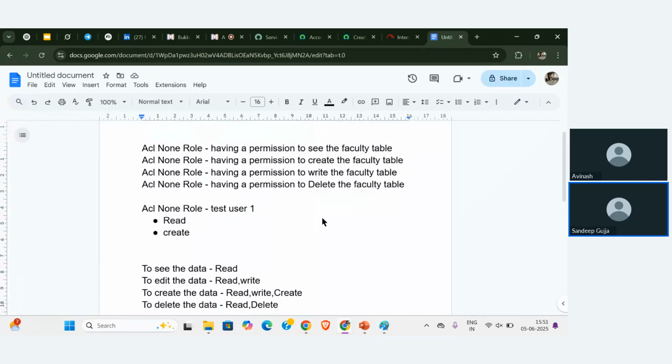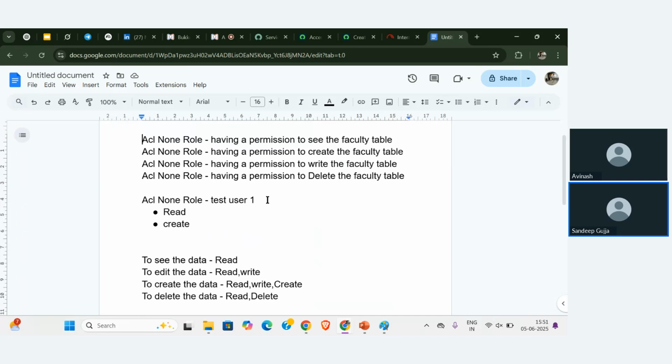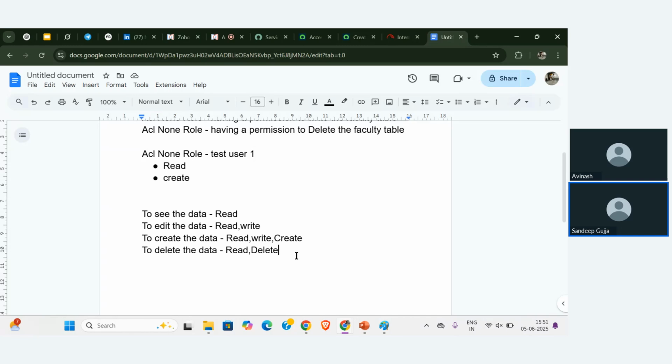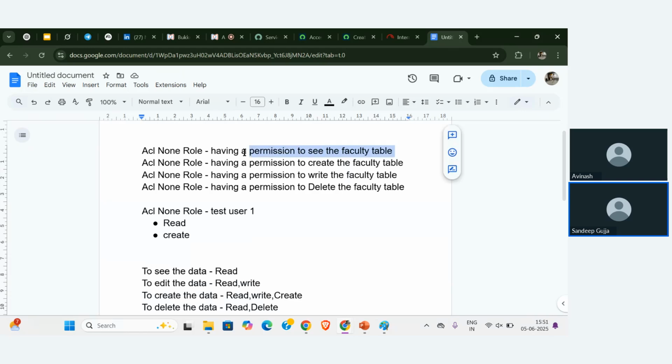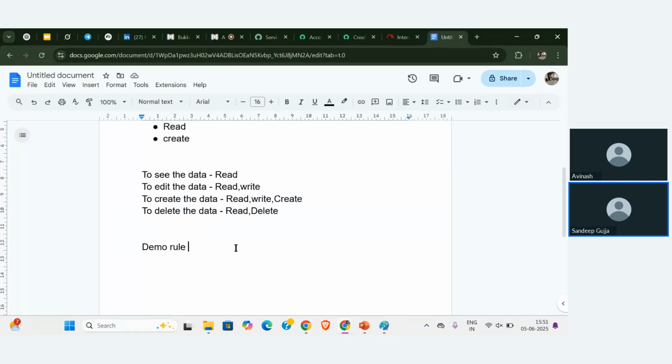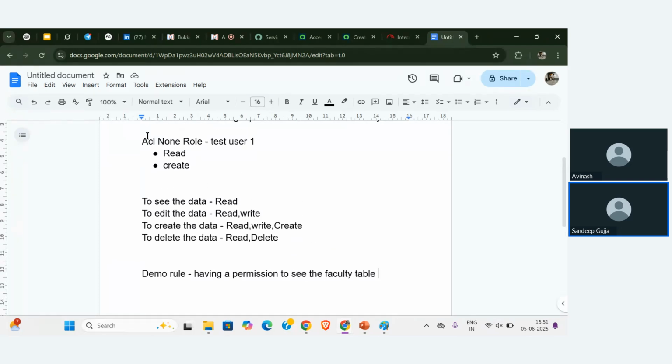Coming to yesterday's scenario, this is yesterday's scenario. Now what I did is, I am specifically focusing on test user. Oh, sorry, we have worked on test user one, right? No problem. Test user one is able to see the faculty table. The same thing I will apply for the next role, that is the demo role. Here I'm giving the demo role permission to see the faculty table, for a different person. I created one demo role, and for that particular role I have added a permission to see the table, that is table.map. Here, the same demo role persons